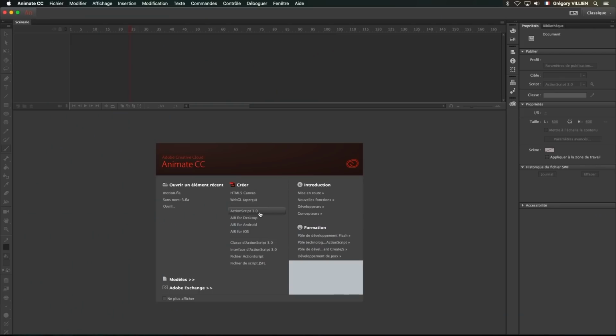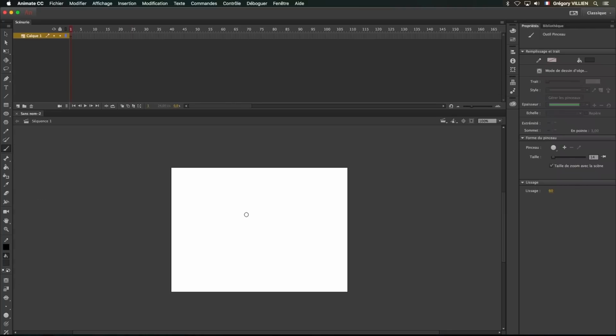Here we are on Animate. Now, it's not complicated to open and start a new project. In our case, we'll click on ActionScript. We won't work for web. This is the most standard that will be chosen. So here, I'm on the classic interface, and you can search other kinds of interfaces. But we're going to go on classic, so we'll find the toolbars to the left.